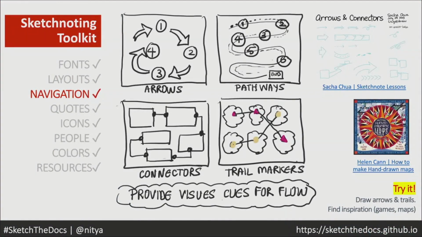Once you've got that, you really want to think about navigation. Your layouts are really helping you compartmentalize, box, containerize your content, but you might want to give the user visual cues as to how they should navigate this. What's the trail they should take? Are there places where they might have two different paths, etc.? So it's a bunch of different ways you can do it.